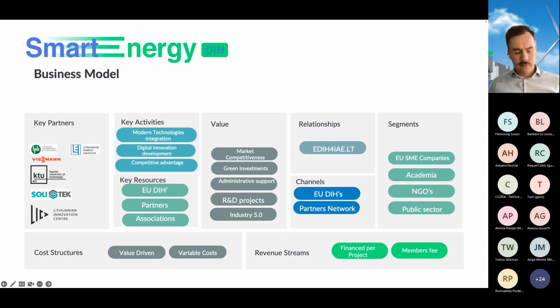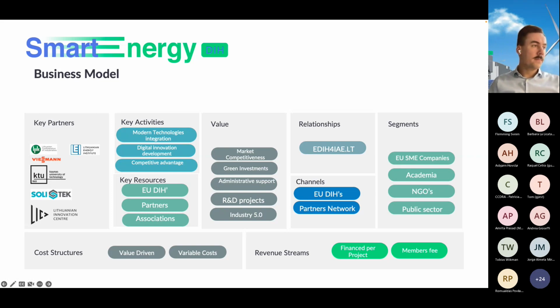And we want to bring values to our members by helping them to find green investments for the projects, to administrate and support within the projects, allow more R&D activities within the companies, and to build sort of an ecosystem focused on